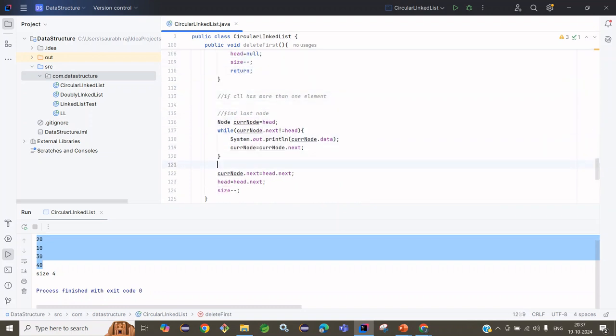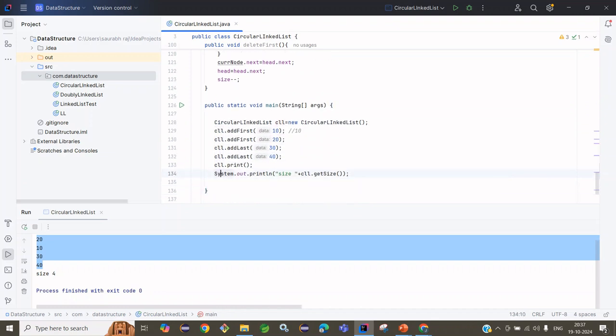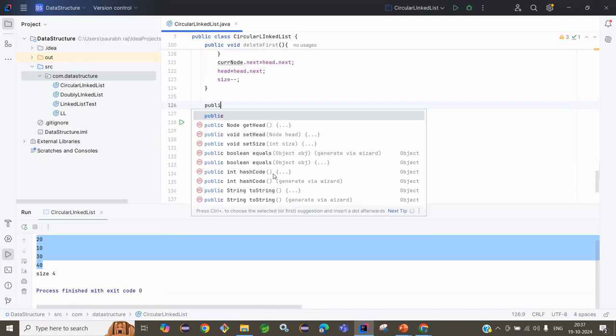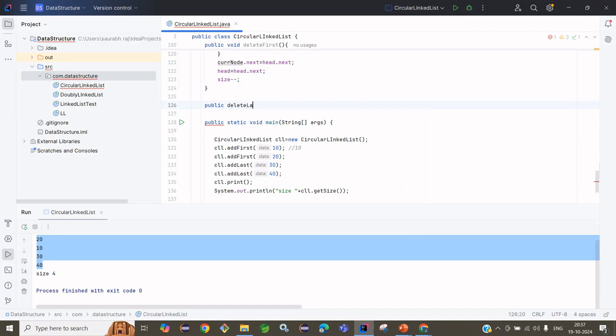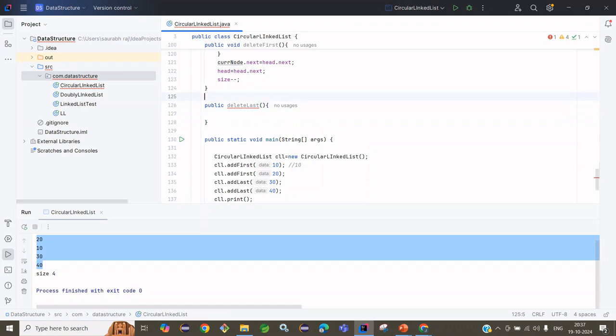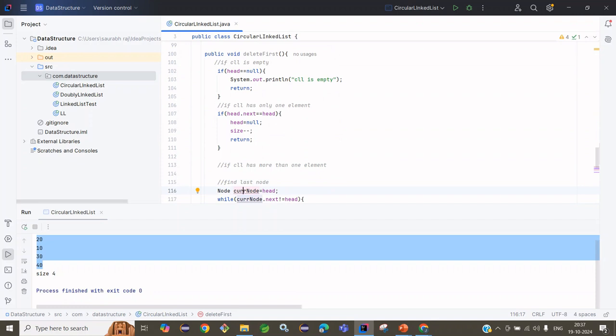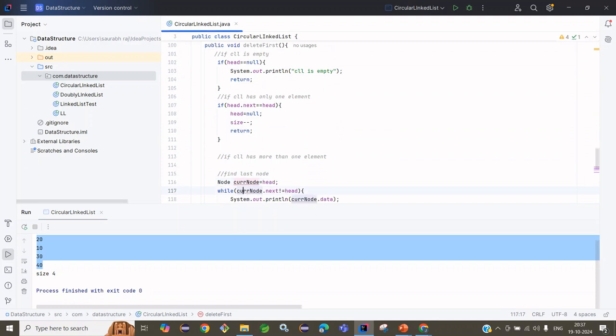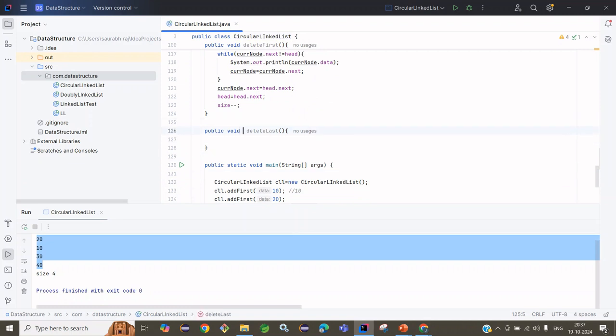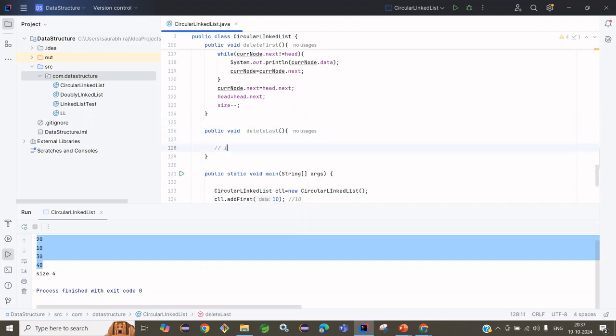Okay, so let's write the code to delete from the last position. So public void deleteLast. We are going to delete from the last position, so we are going to write the same three conditions. Okay, if the linked list CLL is empty,